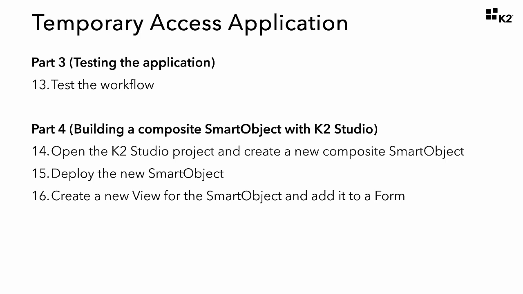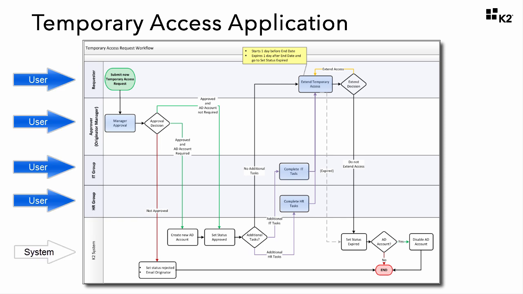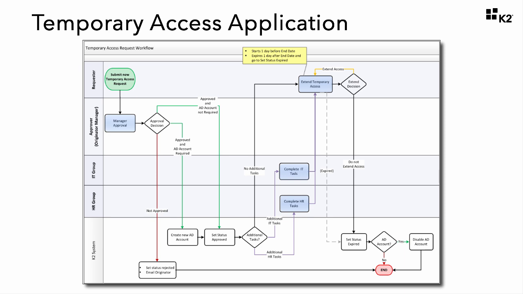workflow status is. Before building our application, it's important to understand what we want to achieve by designing the necessary pieces. Let's start with the design of the workflow component. As we walk through the diagram, it shows the conceptual flow of the temporary access application workflow. We've laid out our flowchart in a swim lane format where we have separated the user tasks and system tasks into separate lanes. You should notice that the user tasks have been highlighted in a light blue color for clarity